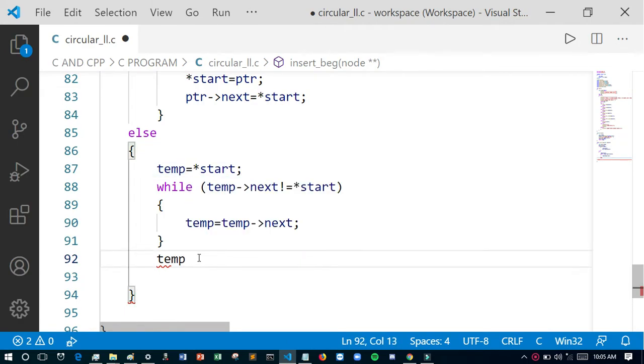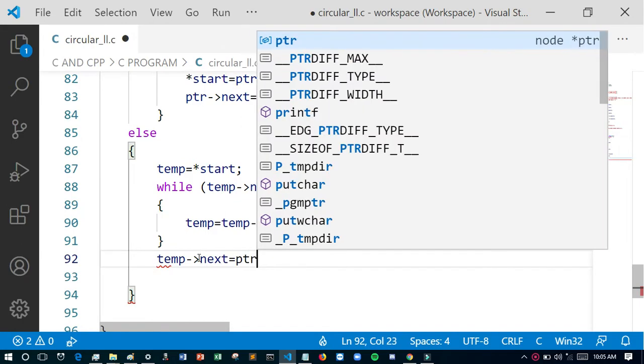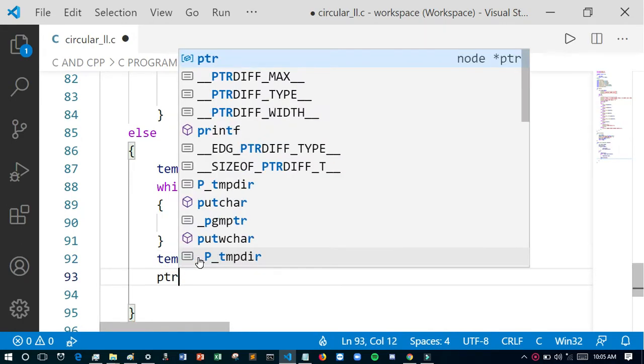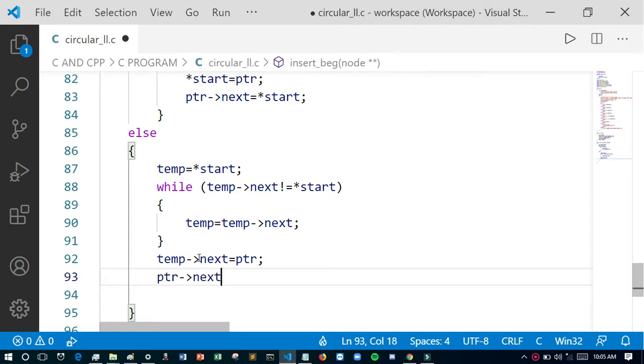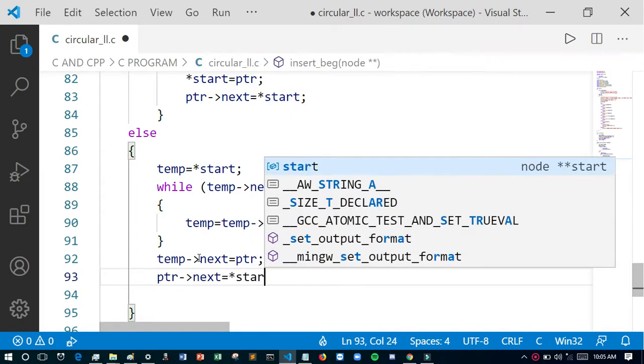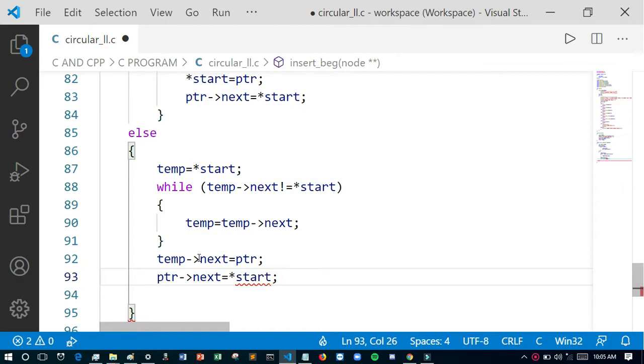Then temp next will be the new pointer we have just created, and then ptr next will be the start, because at the last node the next will be the new pointer ptr.